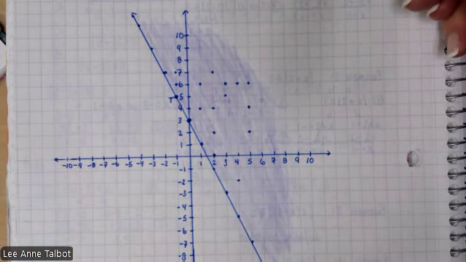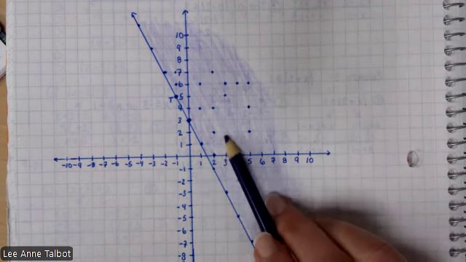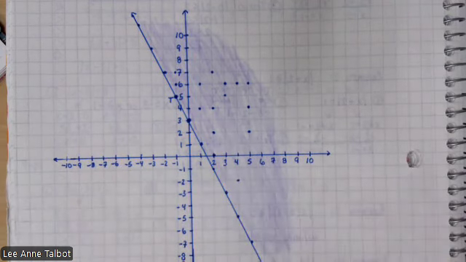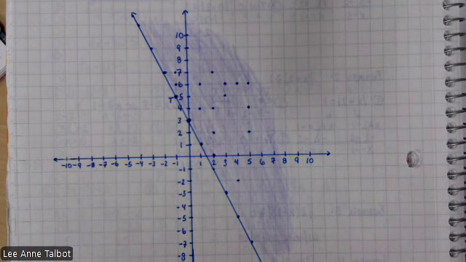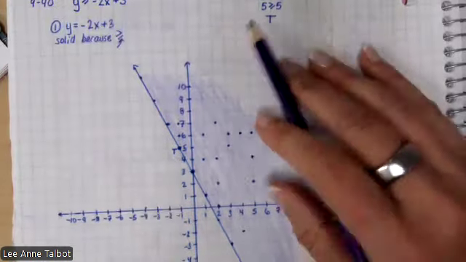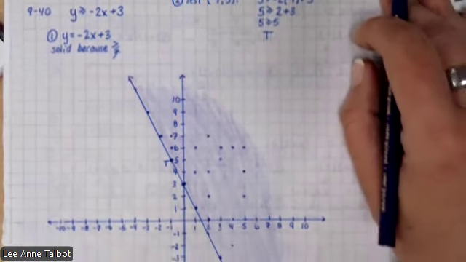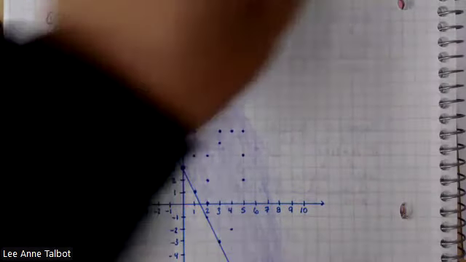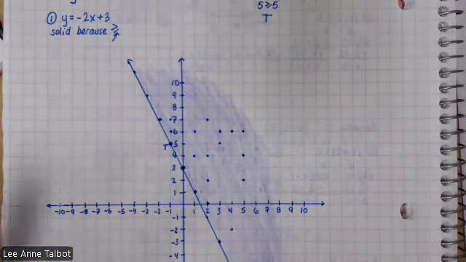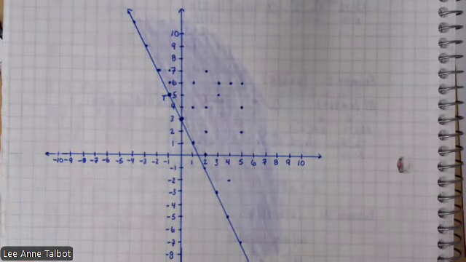We plug in one. You could decide which side to shade on just by plugging in one. You don't have to do a ton of them. You just need to do one. As a matter of fact, all I needed to do was just one that was not on the line. Okay, so I'm going to show you how to do that in a second. But to get your shading situated,